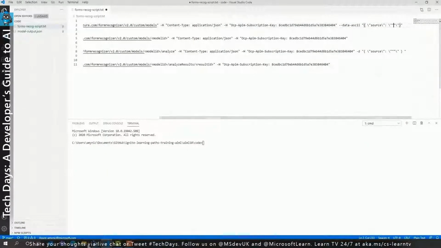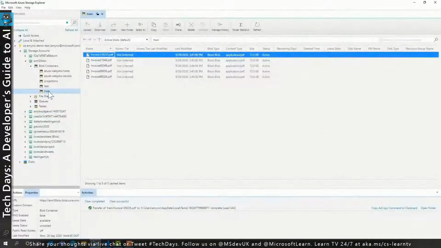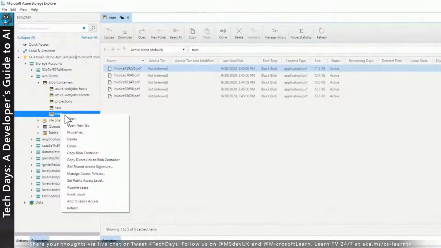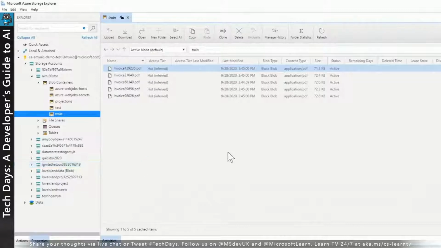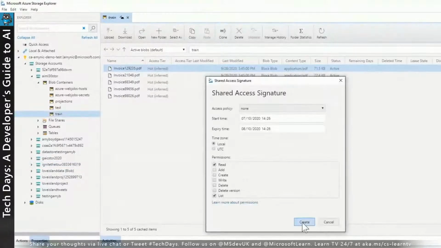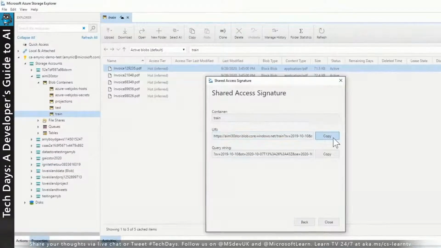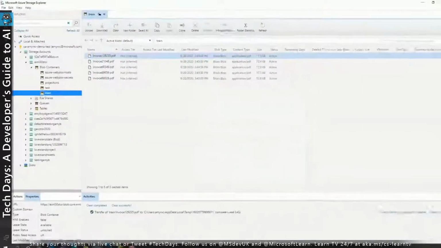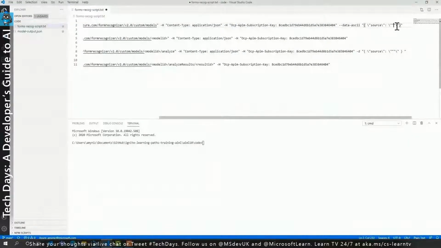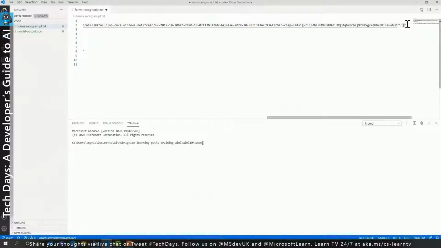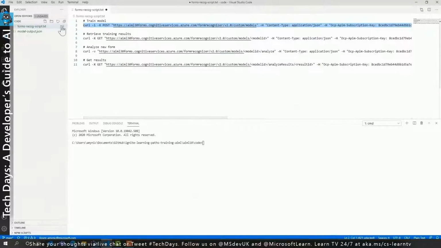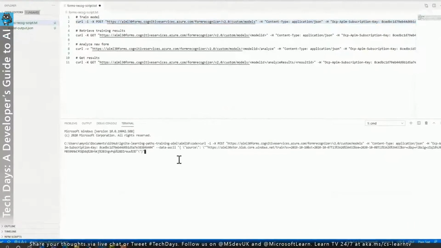So I'm going to go to our Azure Storage Explorer. I'm going to click on the train container and get my shared access signature. I'm going to click create and it will provide me a URI that I can use to actually call off to this API. So if I take this full command and I paste it in,